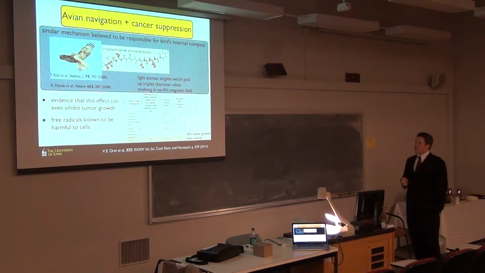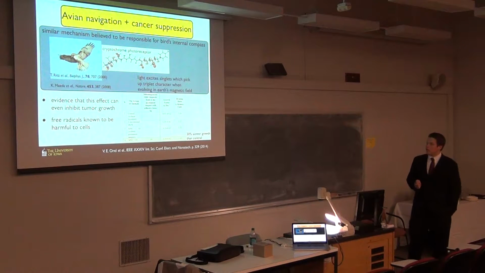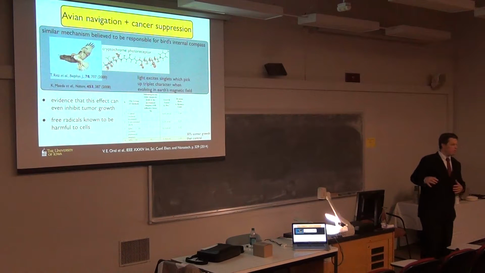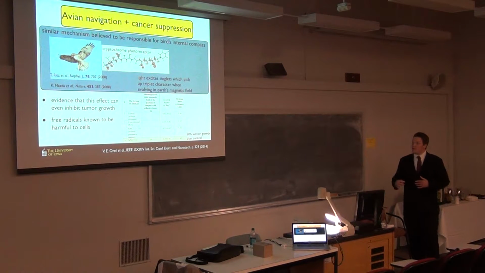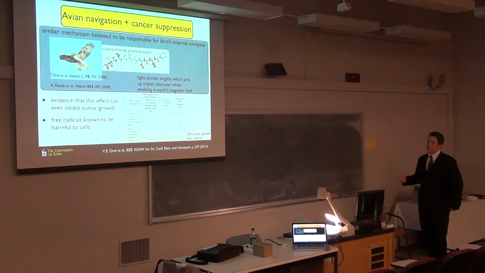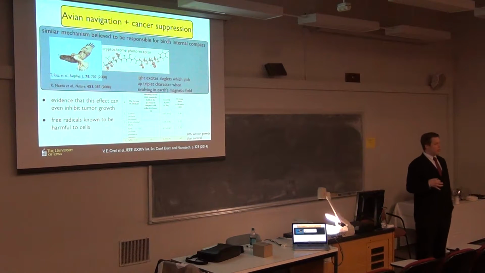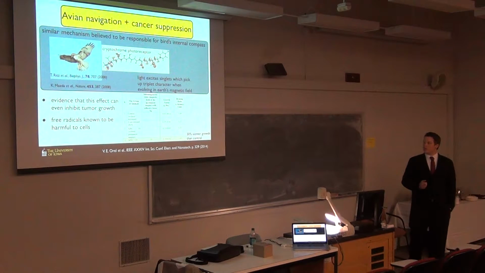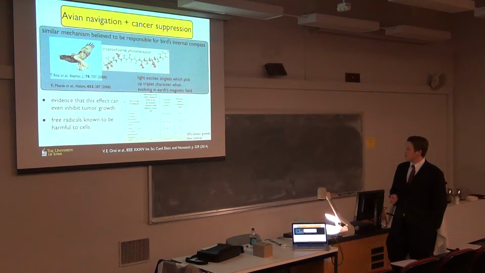There's also evidence that this can inhibit tumor growth by the fact that you're creating these free electrons, basically not free, but these more delocalized electrons than they were before, which we call free radicals a lot in the field of chemistry, not so much in physics. And free radicals are well known to be harmful to cells. So it's possible that these magnetic field effects in a tumor cell could be inducing harmful effects to those tumors through the free radicals.